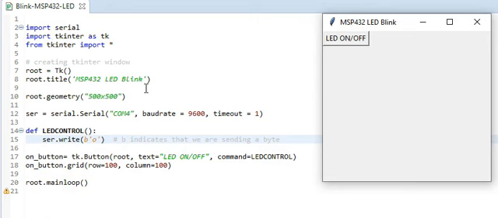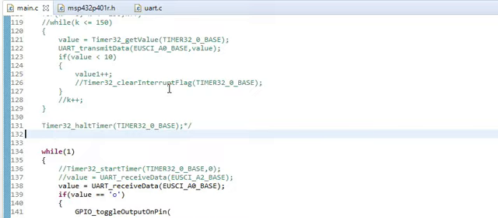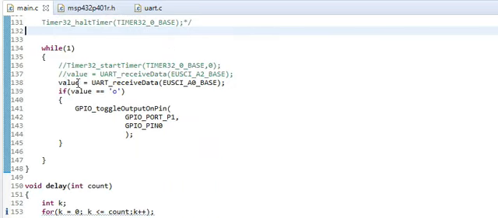All these parameters are similar to the ones we introduced in the tkinter tutorial. Here the important thing is selecting the appropriate serial port, the baud rate, and of course what data needs to be sent. So this is a simple one, and then if we take the MSP432 code, here what we are doing is reading the data over the serial port, and if we receive this O, we toggle the GPIO. A very simple code, and we are using the USB port which is there on the MSP432.